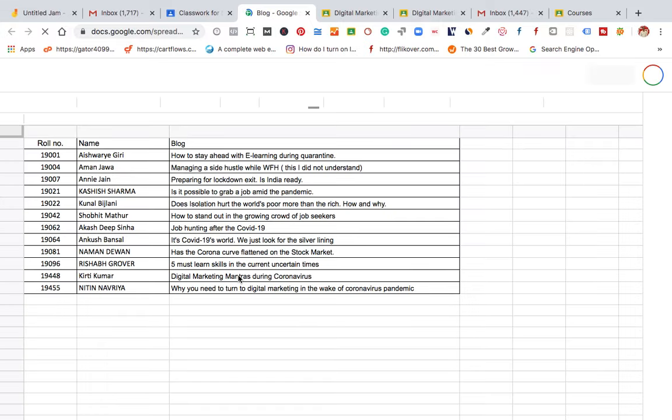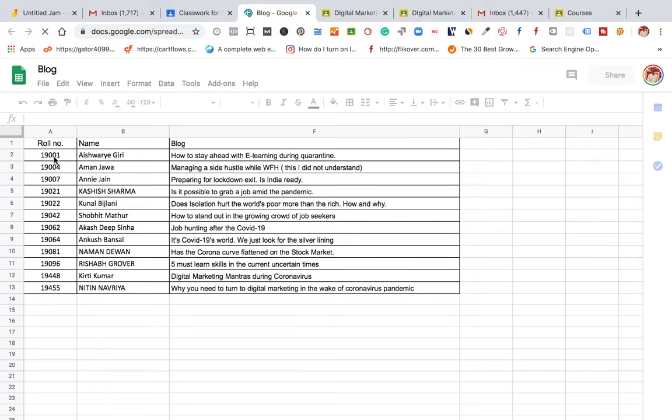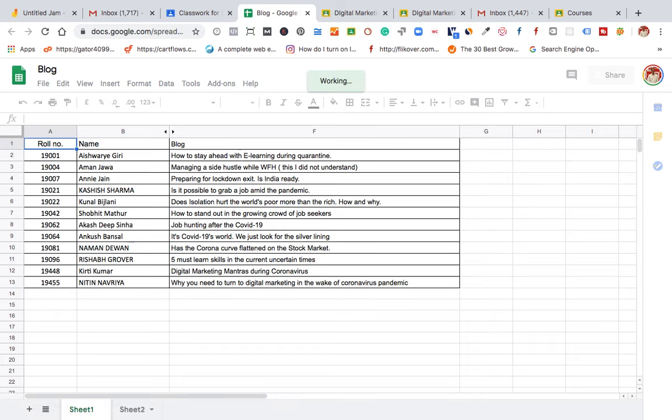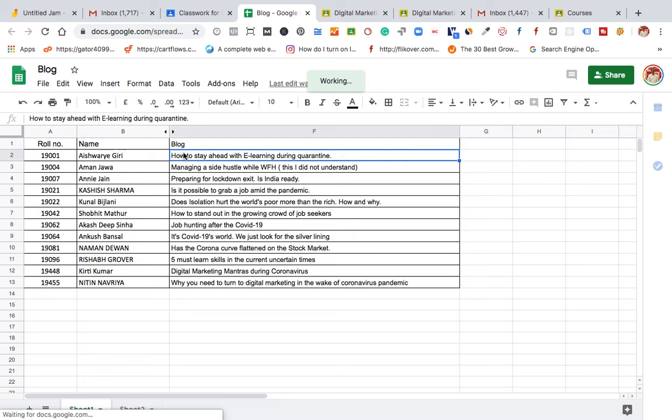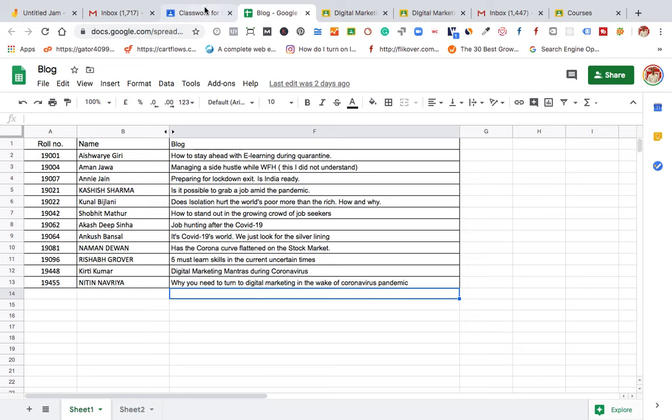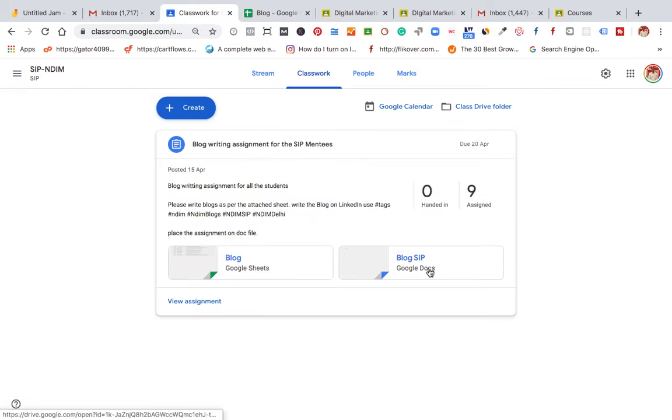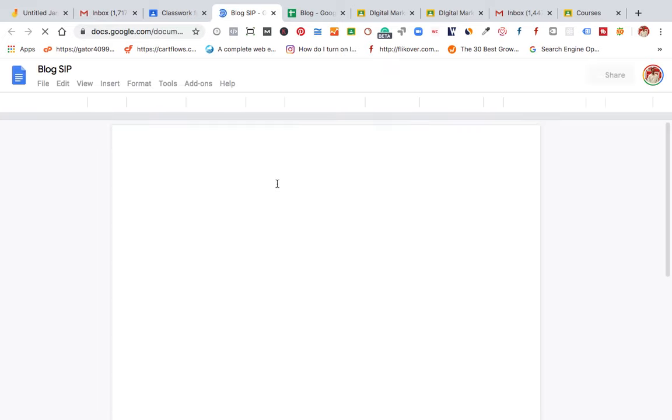So you have to attach two things with this assignment. One is the blog ideas, whatever blog ideas you have. Suppose I have these many students, so I have given one title for that blog to one student. So if I have 12 students, I have allocated them 12 blog ideas. This needs to be done in the next 2 weeks. Whenever they publish, the blog for SIP document is also there. So they have to provide me that written blog in the doc format as well.